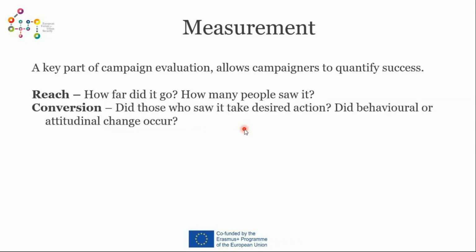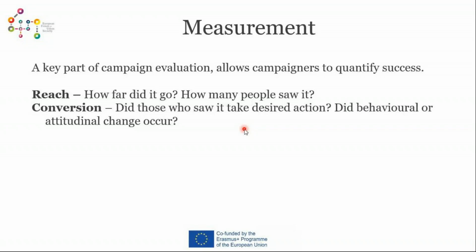So an example may be, I work for Nike and I'm trying to sell shoes. This is a very different type of campaign, but it's a bit easier to demonstrate as an example. If I'm trying to sell shoes for Nike, I may say I want this campaign to reach about 1 million people, and I'm going to use various tactics. I'm going to use various channels. I'm going to feature in Vogue. I'm going to pay for advertising on Facebook. I'm going to create enough buzz and attention through press releases that I will write very carefully so that national and international newspapers decide to feature my campaign for free.